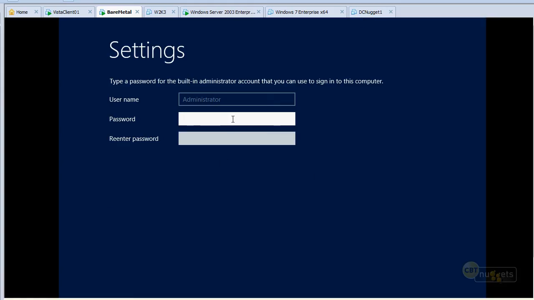The first thing you'll see when it boots into the UI is that it's asking for the password for the administrator account, which is the first account that's created on the computer. And this is true of both Windows Server and Client Windows operating systems. And it has full control over that local computer. So it's a very important account, and you need to protect it with a good password.